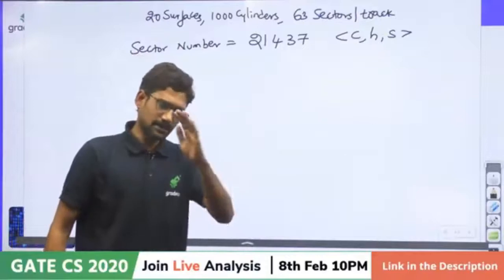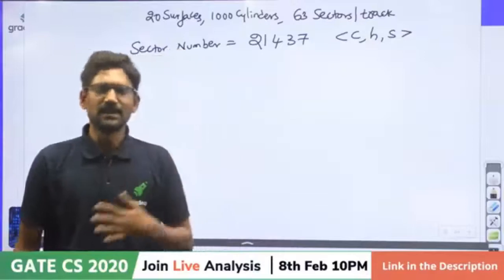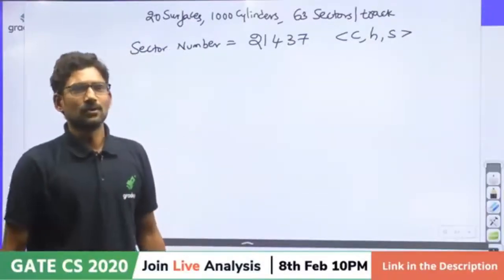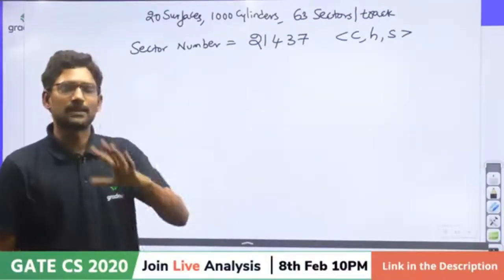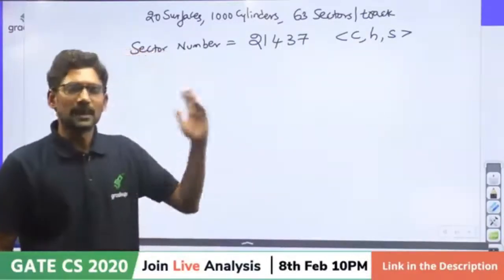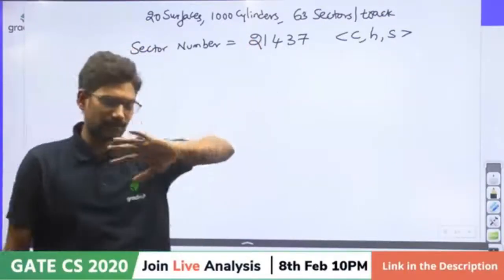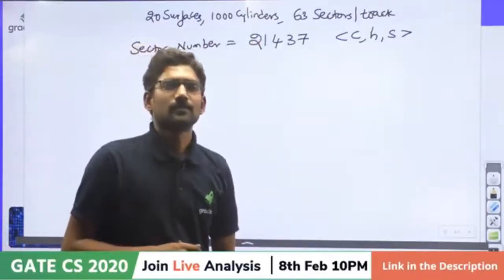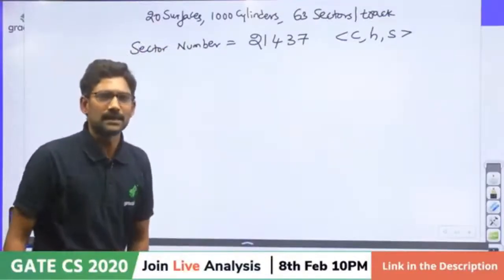As the earlier one is a previous GATE question, you might have solved it earlier, you might have seen it earlier, or it is available online also. So there is a possibility for somebody to take the answer from that. I am not telling you did it that way, but you may copy the answer from another source. But for this you should do it, because this number I have just created randomly now. So give me what is CHS for this 21437 sector number.